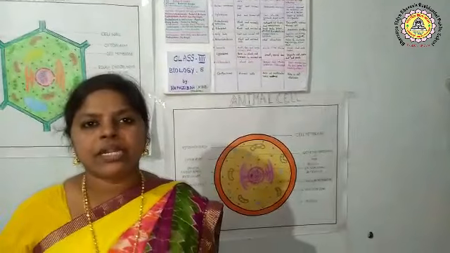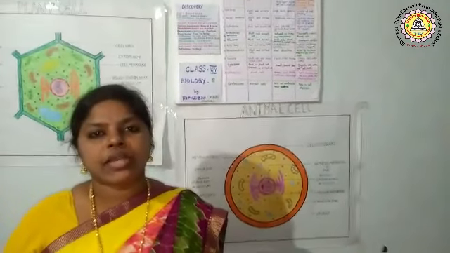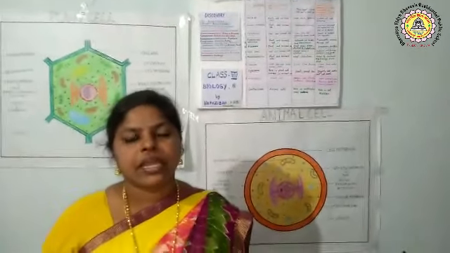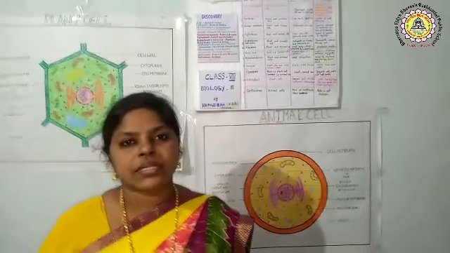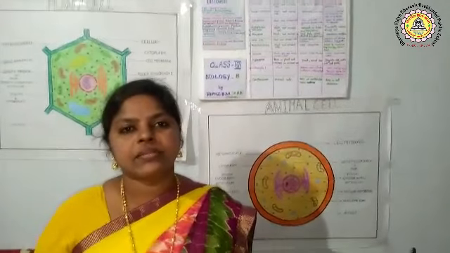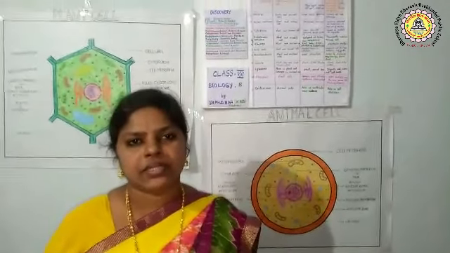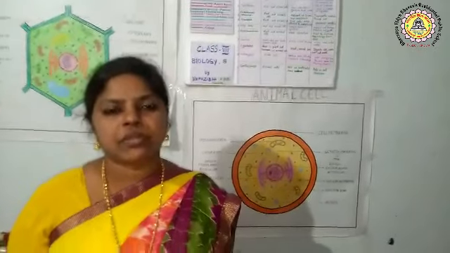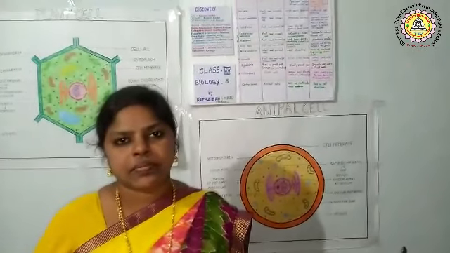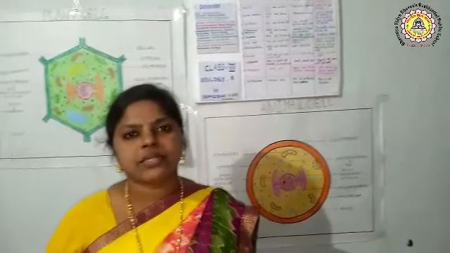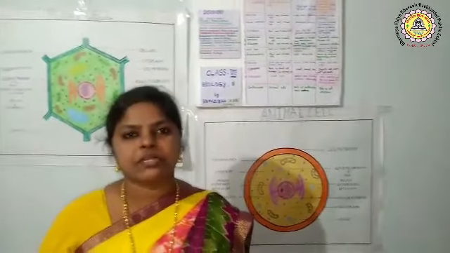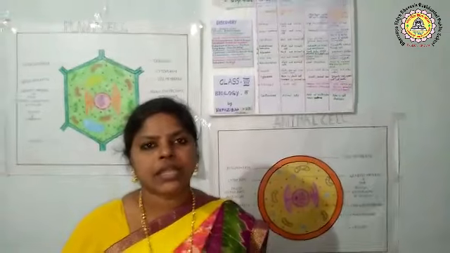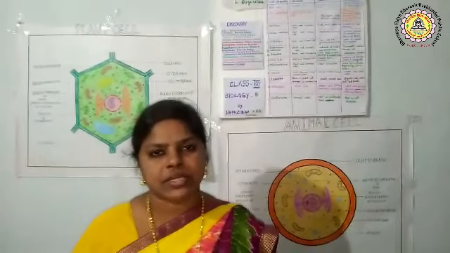Next, unicellular and multicellular organisms. All living organisms' life starts with a single cell, but unicellular organisms remain a single cell throughout their life. Examples: amoeba, paramecium, euglena, bacteria, chlamydomonas, etc. In unicellular organisms, a single cell performs all life activities such as respiration, nutrition, reproduction, excretion, etc. In multicellular organisms, many cells are present. Examples: human beings, plants, animals. In multicellular organisms, different cells perform different functions.